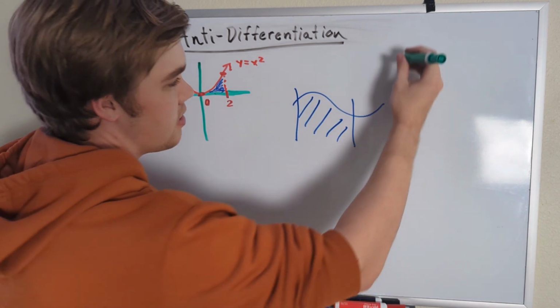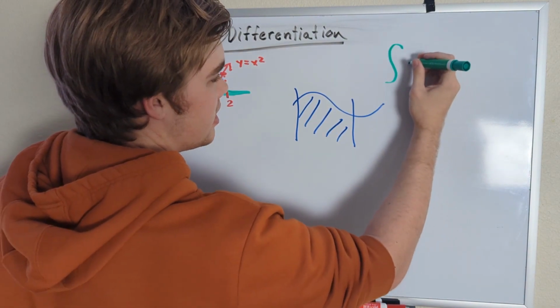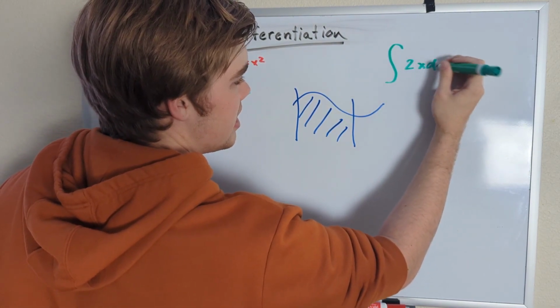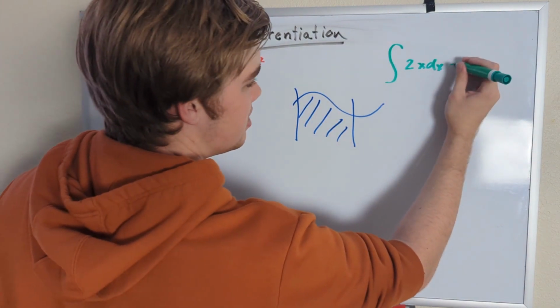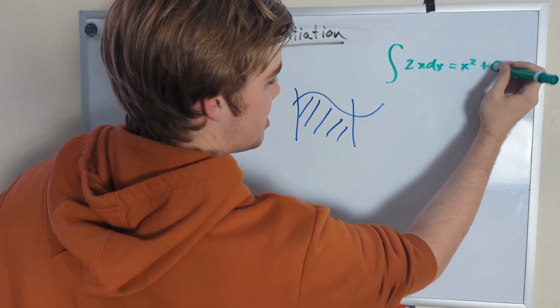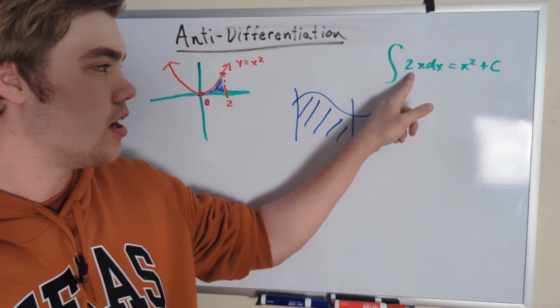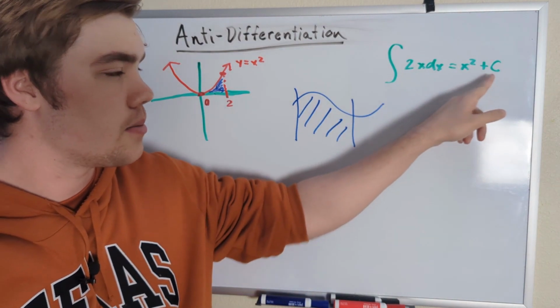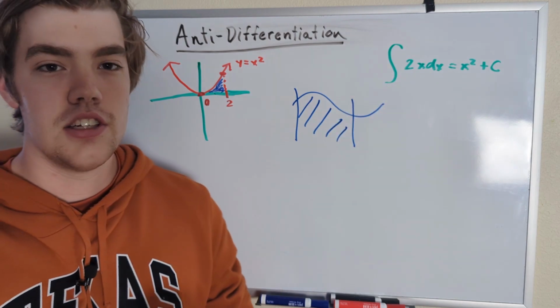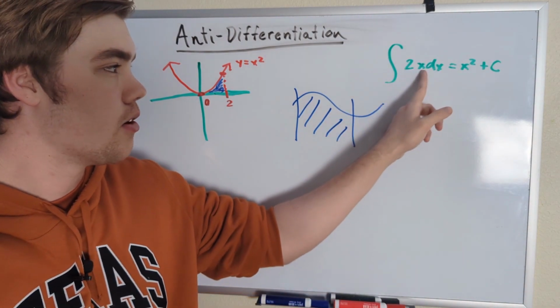Let's say we had a function that looks something like this. I don't know, we wanted to find the antiderivative of 2x dx. As we've talked about extensively, this is equal to x squared plus c. We can also word this as the integral of 2x dx is equal to x squared plus c. This elongated s here is known as an integral, and whenever we take the integral of a function, it has